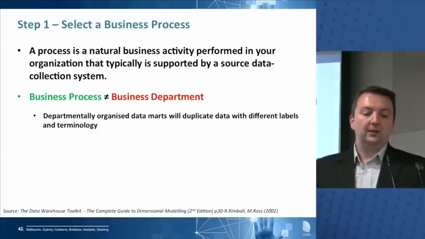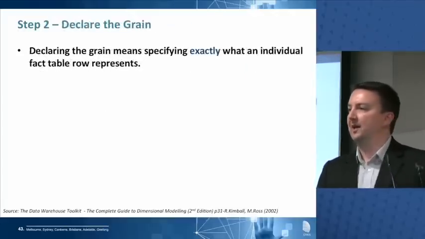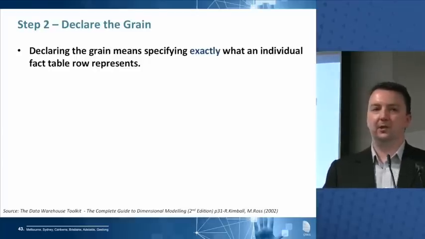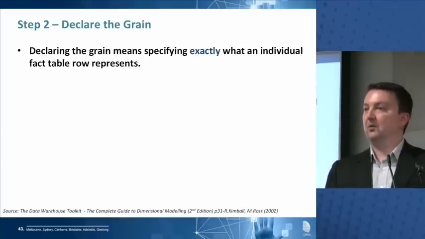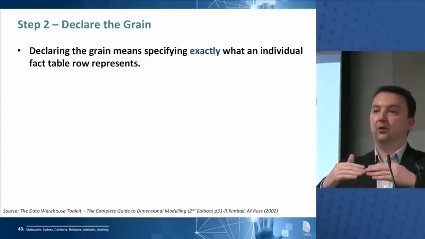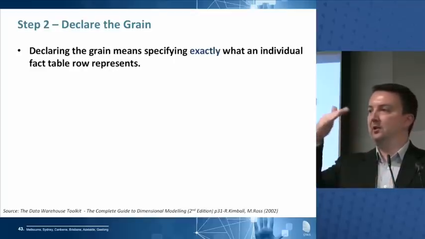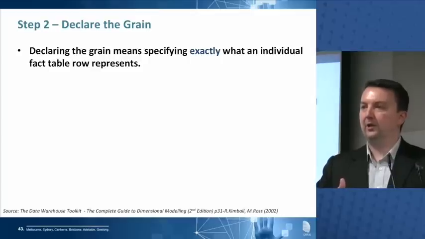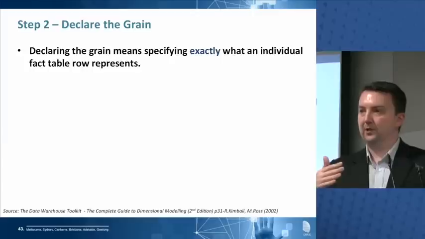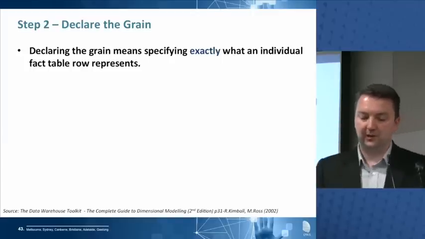All right, we declare the grain of our data. We've selected our business process, like it might be sales, for instance. So what's the grain of our sales data? If it was supermarkets, then it would be silly to declare the grain as the final sales receipt, because we'd be missing out on those individual products on each line item. It'd be a much smarter choice to pick our grain as the individual line on the cash register receipt.